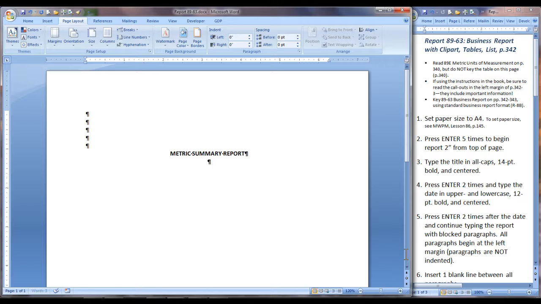After typing the title, I'm going to type the date, also in bold, but I'm going to take off caps lock. Hit enter twice. At this point, I will be typing the rest of the report with blocked paragraphs and to begin at the left margin, so I'm going to return to left alignment, Control L, and then I'm going to go back to the title and change the title to 14-point font size. Now moving back to begin the first paragraph, to turn off bold,